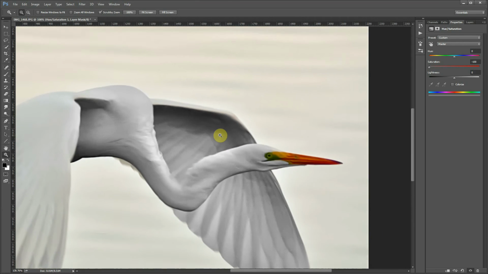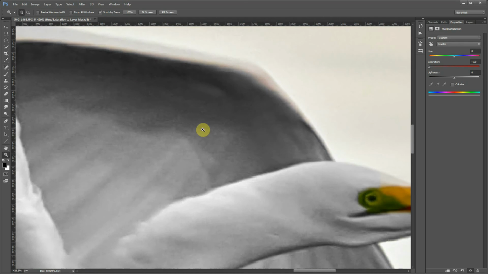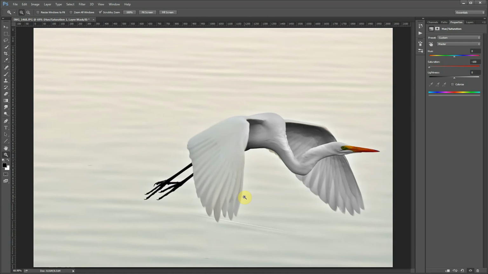So when we zoom in, it's just all black, white, or gray. There's no color in that area at all. There is a little color along the edge because I didn't select this area right in here, but all this area in here is now taken care of with the color issue. Let me zoom back out. I'm going to right click and say fit on screen, and now we see our bird and the color corrected